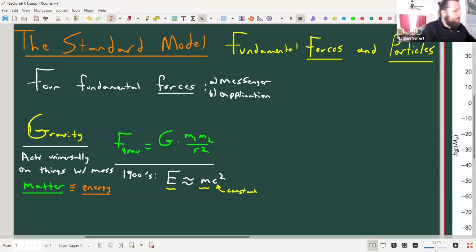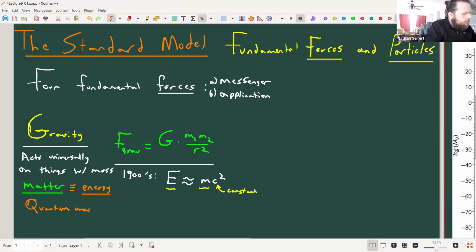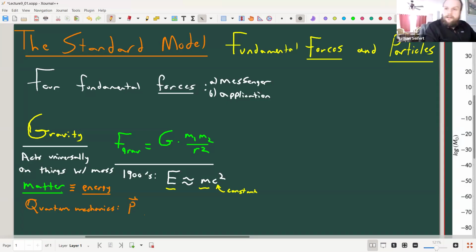We showed the momentum. Remember, even quantum mechanics says that the magnitude of the momentum, even of something that doesn't have mass, is h bar k, which is equal to h over lambda. That's what de Broglie told us. So even light, what that would mean is that gravity does affect light as well, something that's massless. And it does.